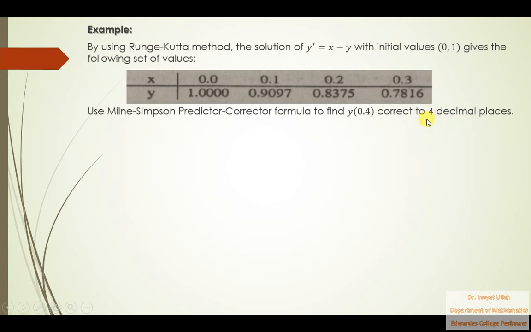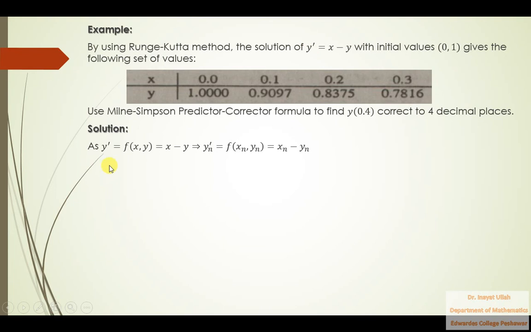decimal places. So remember that whenever you use predictor and corrector formulas, you need to check the answer up to 4 decimal places. If the two values of y are equal to each other up to 4 decimal places, then we need to stop there, and the answer is the one obtained from these two formulas. So the solution is